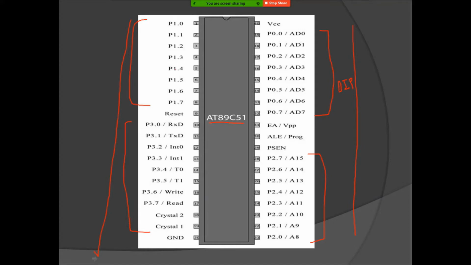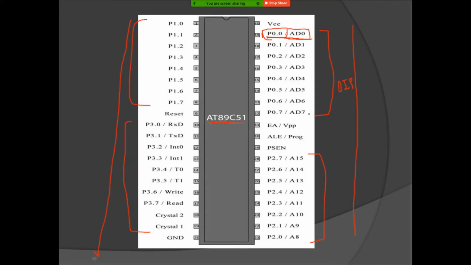Out of these four ports, port 0, you see it is written P0.0/AD0. This port 0 is a multiplex port. Multiplex means a single pin has two functions. One is as a general purpose input output pin, and another function as an address pin.